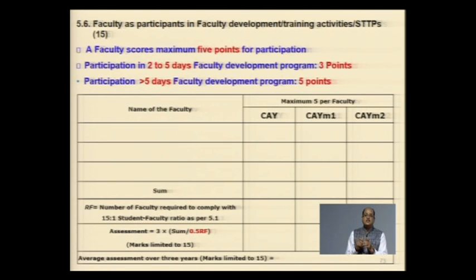But the more significant change is what is written in red in the table: 0.5 RF. What it indicates is that RF is the required number of faculty members. It is expected that the program should send 50% of their faculty members for training of 2 to 5 days or greater than 5 days in each year of assessment to get marks here, not 100% of the faculty members. The full number of faculty comes from the faculty-student ratio. Whatever number the program has got, 50% of faculty should undergo some kind of training in each year of assessment. So they can schedule and plan faculty development programs accordingly.